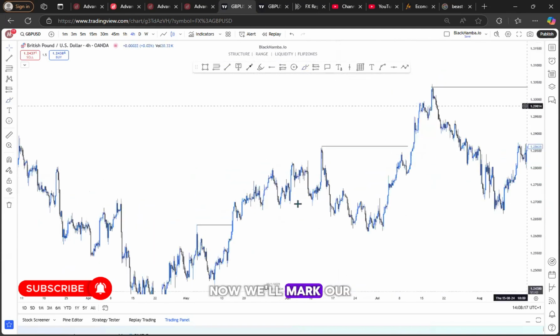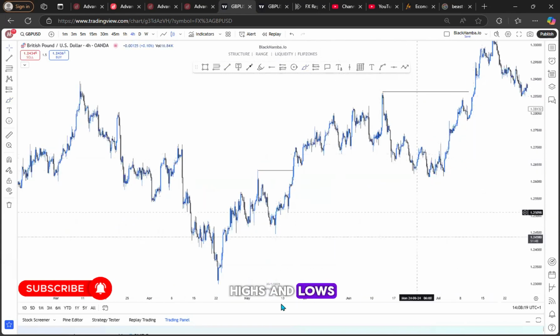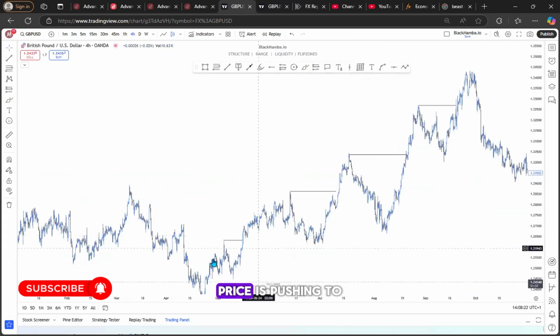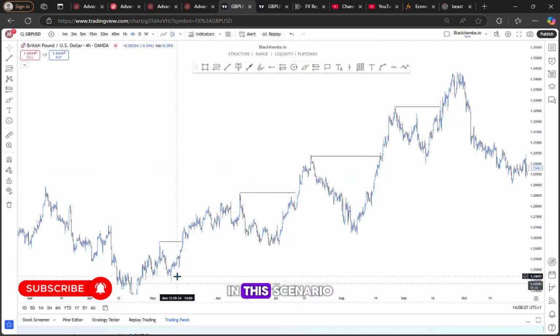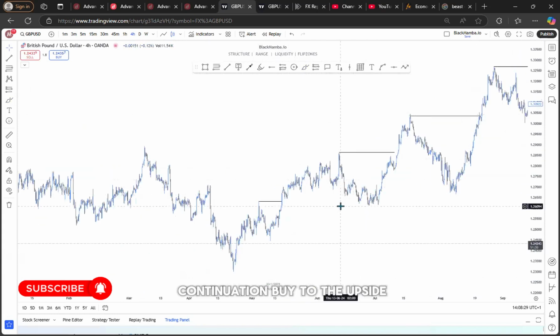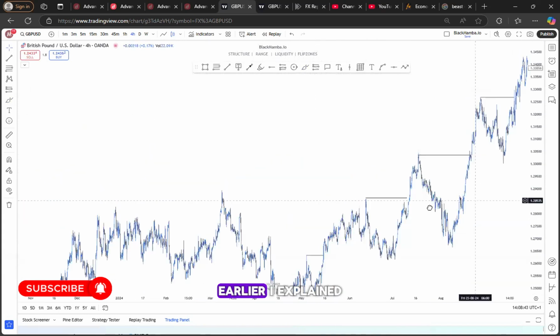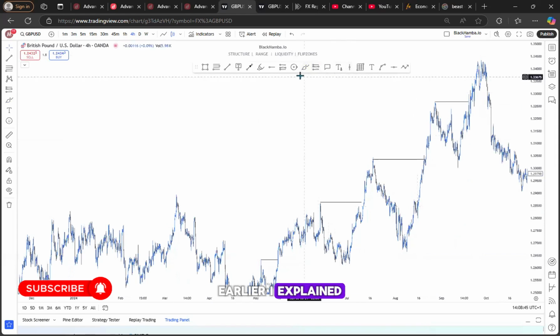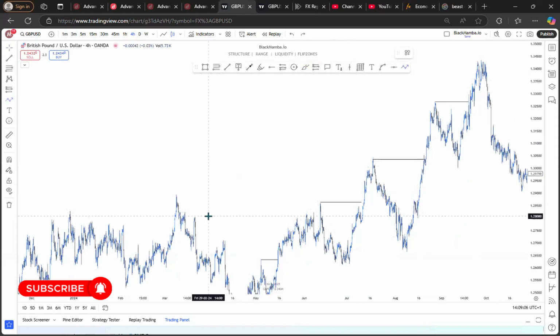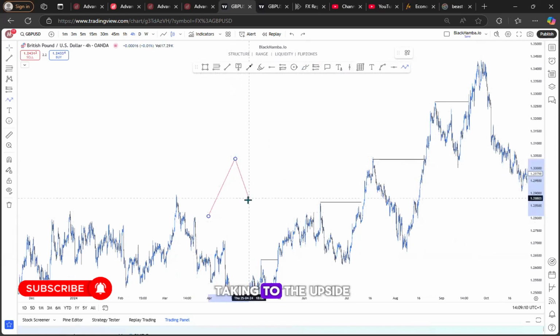Now, we've marked our highs and lows. You can see that clearly price is pushing to the upside here. In this scenario, we'll be looking for continuation buys to the upside. Earlier, I explained how price targets liquidity. Now, if the market is pushing to the upside like this,